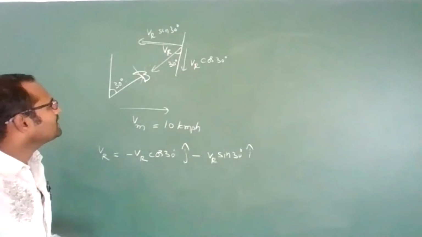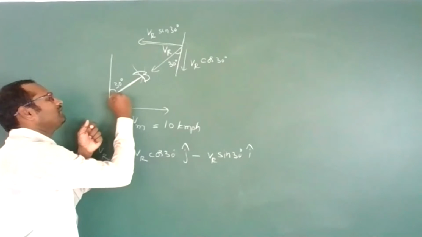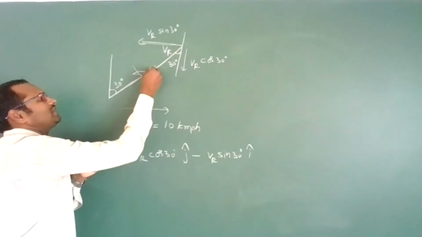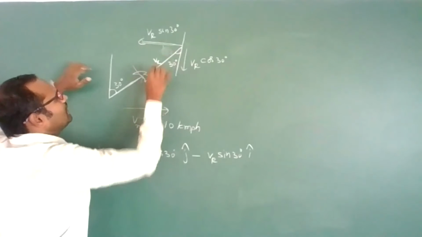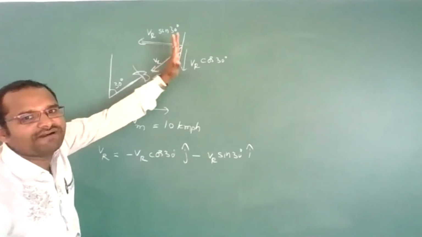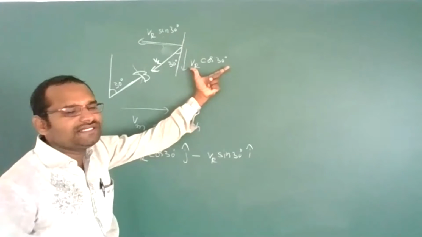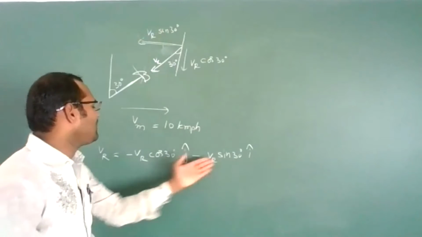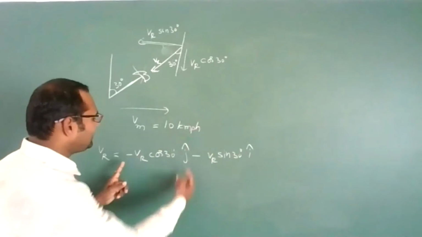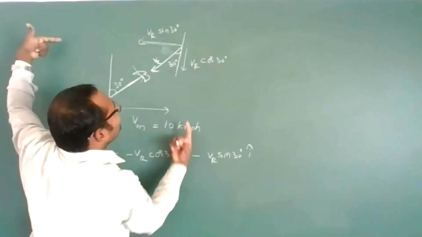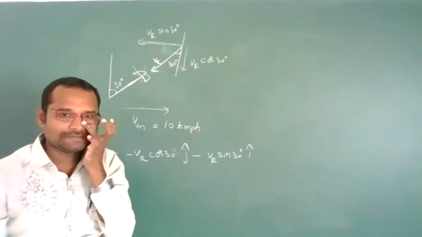Because in the initial condition, the man is holding his umbrella in this direction, it means rain is falling on him in this direction. This velocity of rain is not given. Let it be something. But this angle is 30 degrees with the vertical, which means we can resolve this into components, VR cos 30 and VR sin 30. In vector form I am writing now: VR cos 30 j cap minus VR sin 30 i cap. Why am I writing these two minus? Because these two are like this. This is negative y axis, this is negative x axis. That is the reason. Okay?